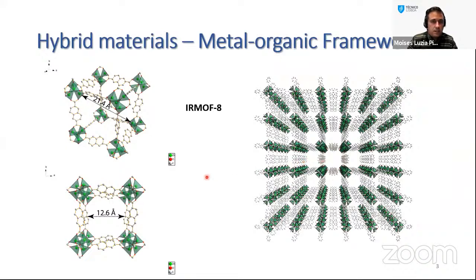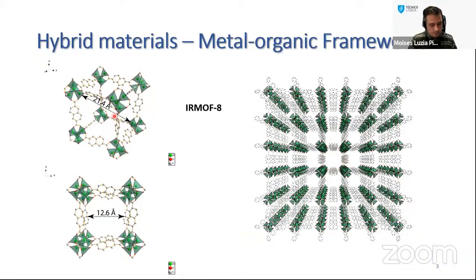Another type of materials that in the last 2 decades has been rising in terms of the developments and applications are the metal organic frameworks. So in this case, what we have, as you can see in here, are these organic bridges in between some metal clusters. In this case, these are zinc tetrahedra that are interconnected with these naphthalene rings. Well, this is a MOF, IRMOF-8, and we can obtain these three-dimensional arrays like this, in this case, cubic type pores. And we have, of course, this porosity, as you can see in here for this particular case,